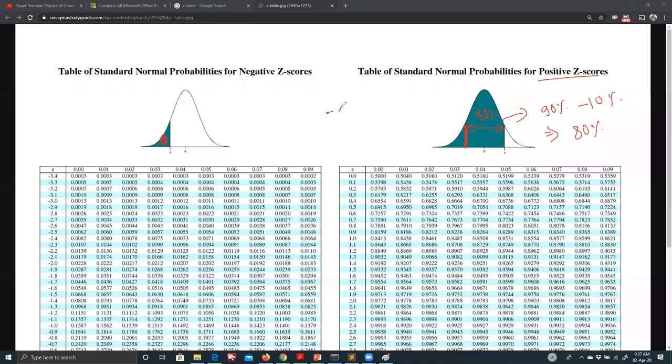So think like this: from negative infinity till some positive z value, you get 90% of the population. Similarly, from some value to some negative z, you only get 10%. It will be balanced, so the z value will be exactly the same. If you subtract these two, wouldn't you get from negative z to positive z, which contains only the middle 80%? Because it is well balanced, whatever z value is here, it would be minus z on this side.